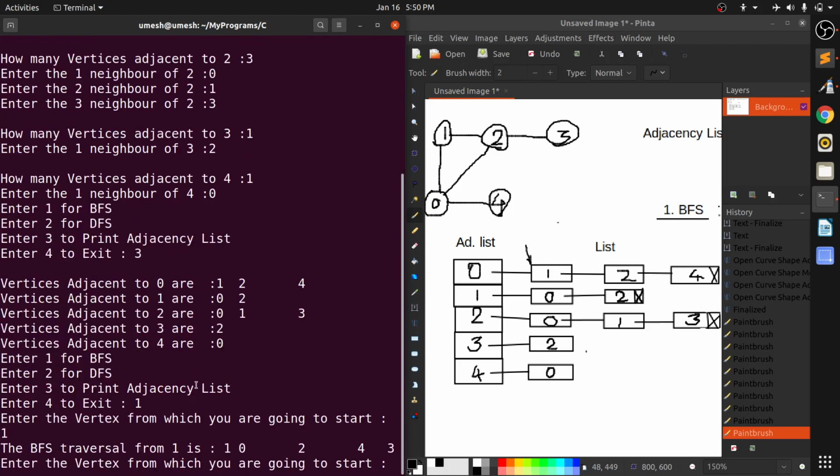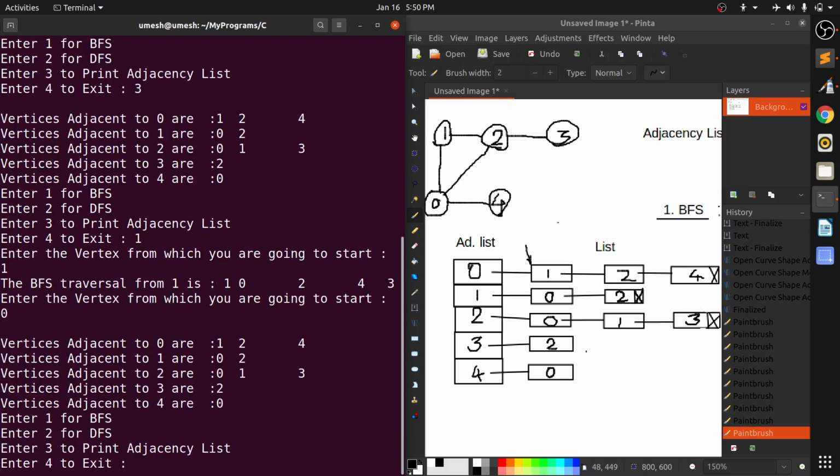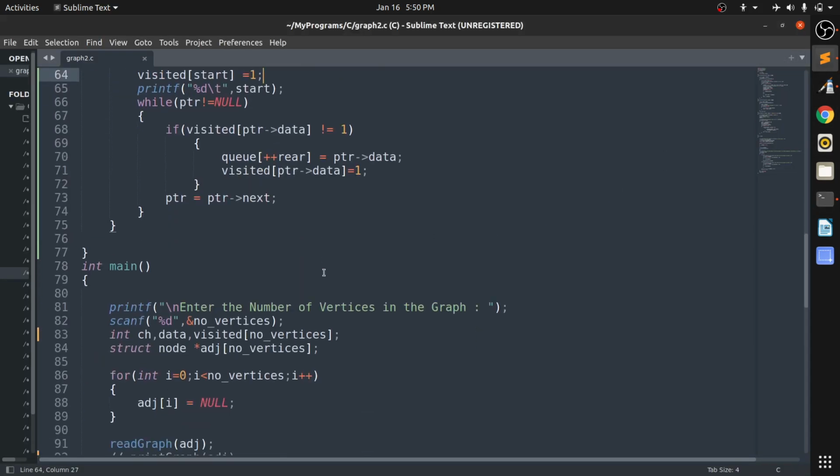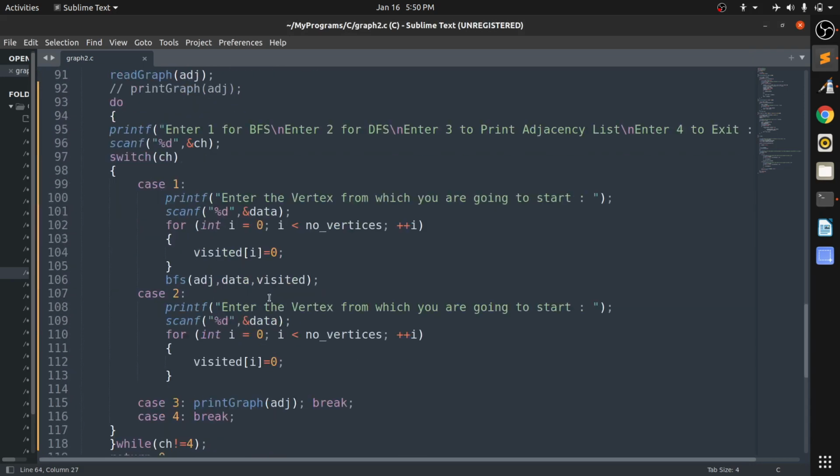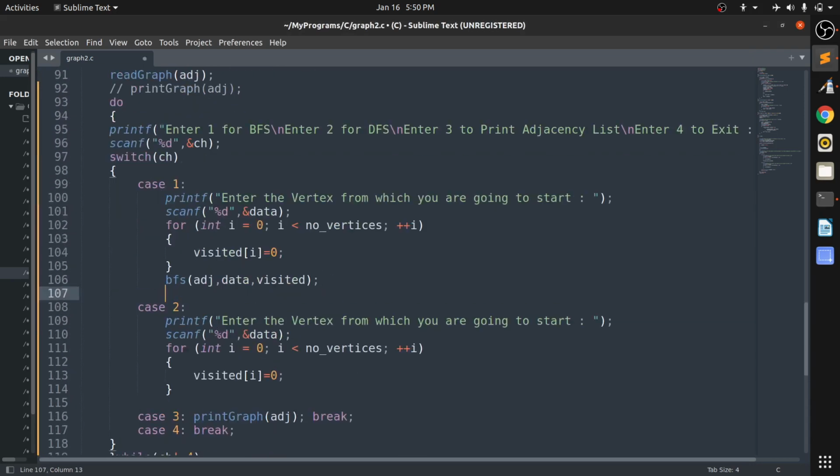Okay, enter the vertex you are going to start. Okay, now 0. Yeah, I think our program is working fine now, but whenever I return, it will ask for these inputs again, because I have not put the break here.